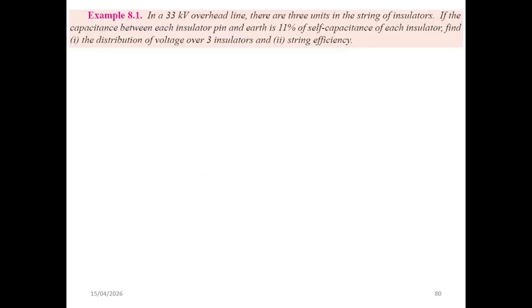Okay, this is an example. Consider a 33 kilovolt overhead transmission line equipped with a string of three insulator units. It introduces the effect of capacitance between each insulator pin and earth, which is given as 11% of the self-capacitance of each unit. The problem focuses on determining how the total voltage is distributed across the three insulators,